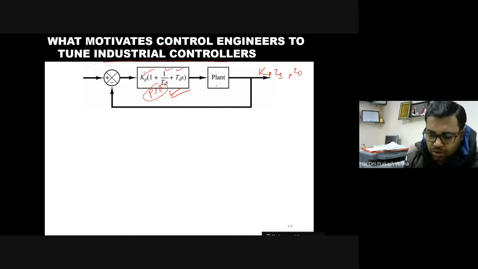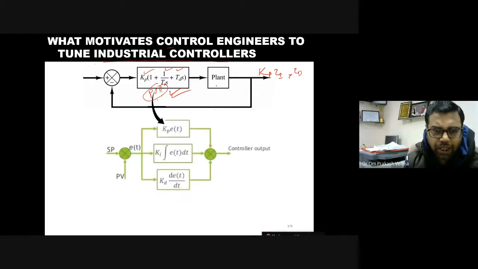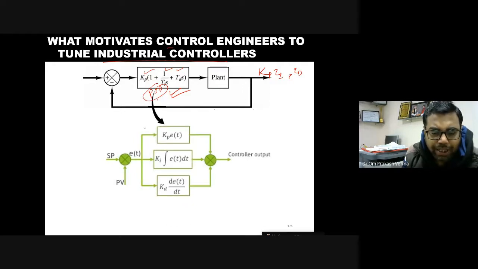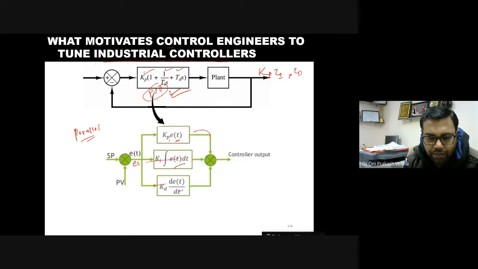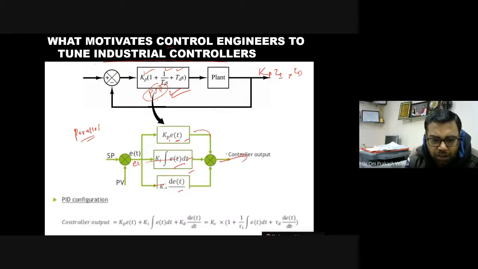Okay. So what happens, you look at this, this is the PID controller. There are different methods for arranging this controller. So you can say this is the parallel form of the PID controller. How is this the parallel form? This is Kp, this is Ki, and this is Kd. When you provide the error signal, it is simply multiplied with Kp. This is integration, this is differentiation. So the controller output you can find out like this.